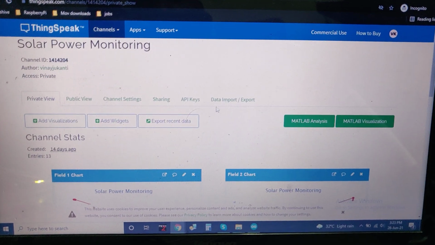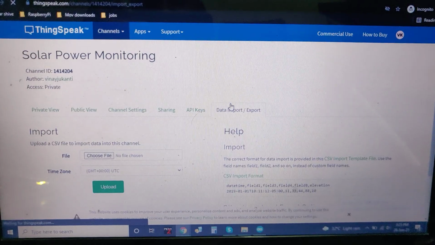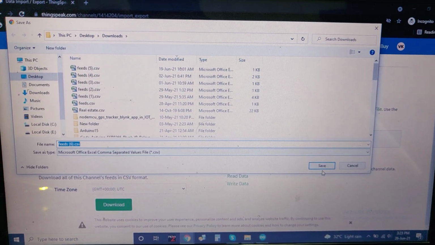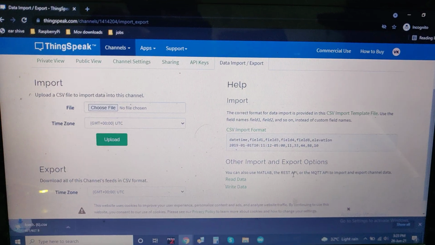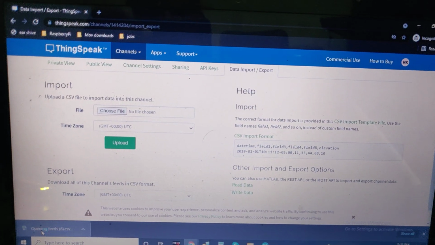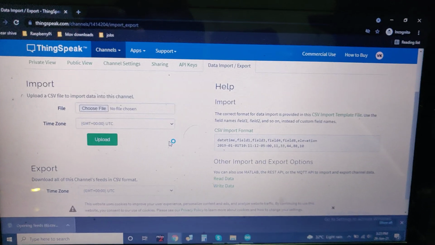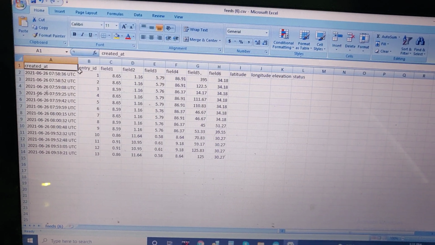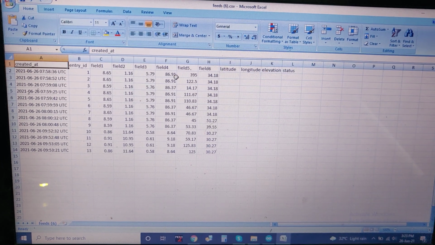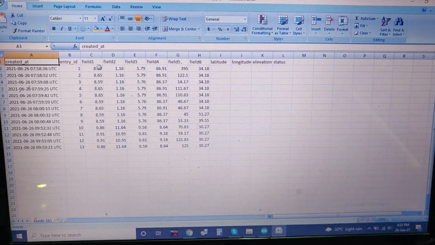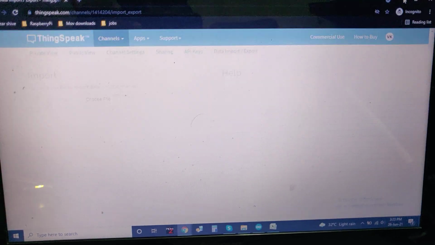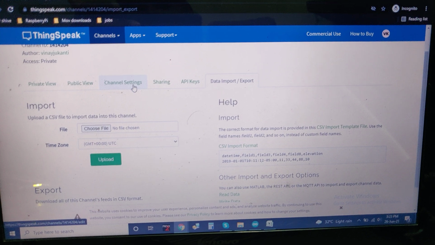In order to download this data, go to data import and export and click download. Only use these tabs, don't go to other tabs. After downloading, it will be in CSV, comma separated values, which can be directly fed to an Excel sheet. There we can get the total data along with entry IDs, how many entries we received. Field 1, field 2, field 3 are already named in our graph: voltage, current, wattage, lux, temperature, and the duty cycle. After downloading that, go to channel settings,